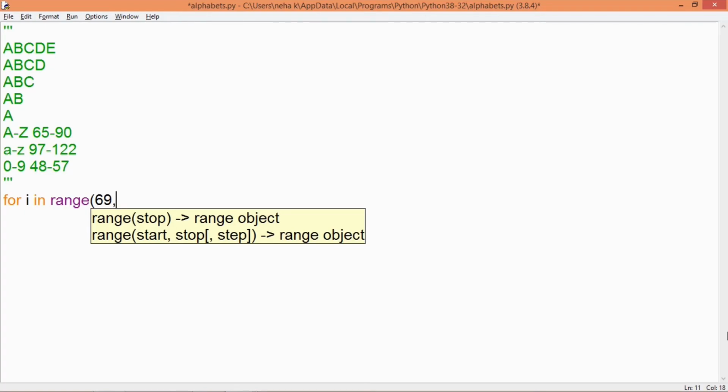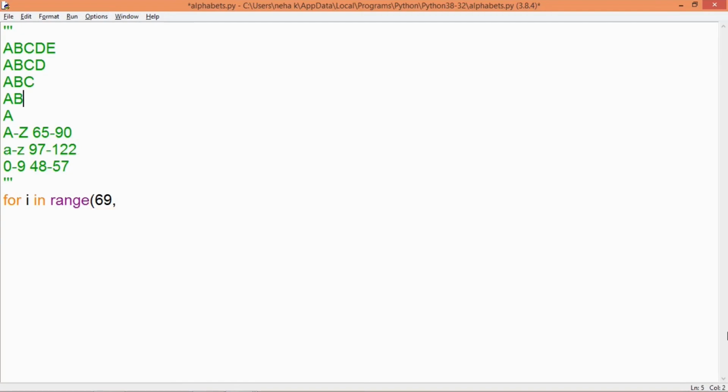I have written 69. The logic behind this is, if you look at the first line, it ends at E, then D, then C, B, A. So I can consider them as the row number in the reverse order. That means I have E row first, then D row, C row, B, and then A row.